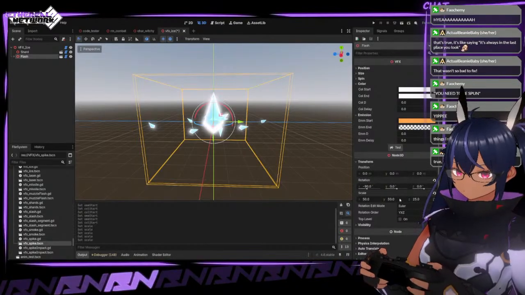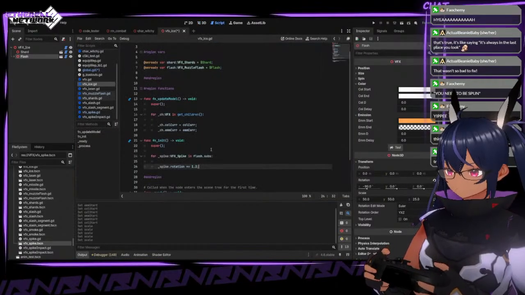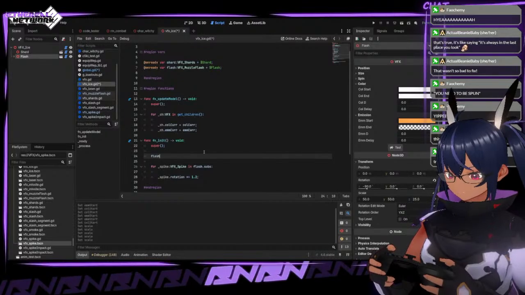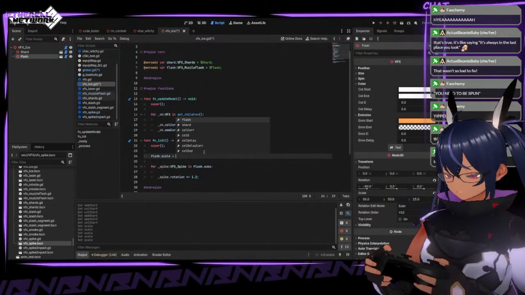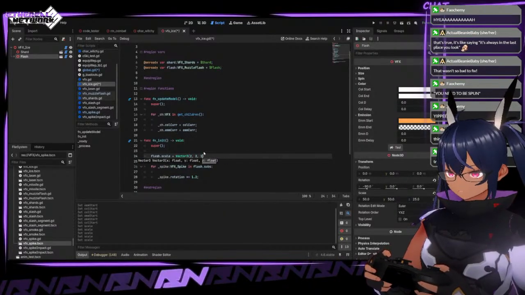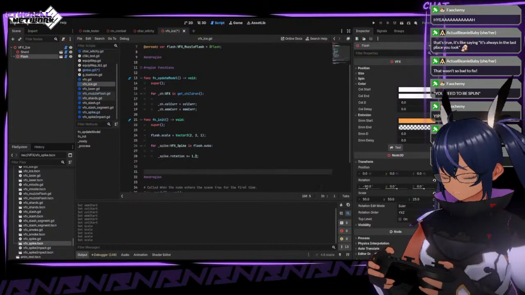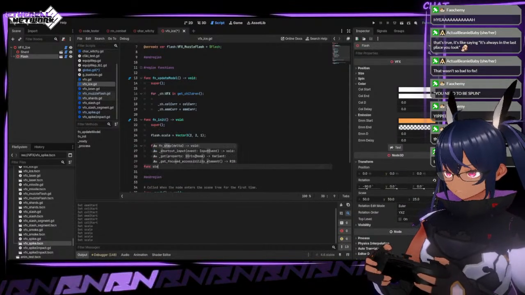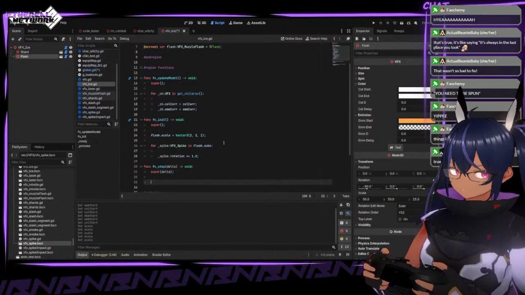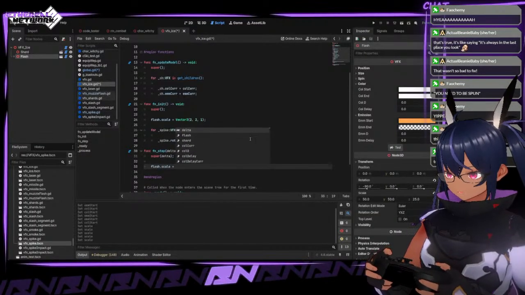So what we're going to do is start you at 221. Flash.scale equals vector 3, 221. And then under step, we're going to have flash.scale equals